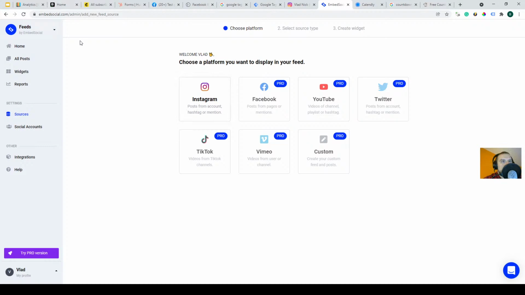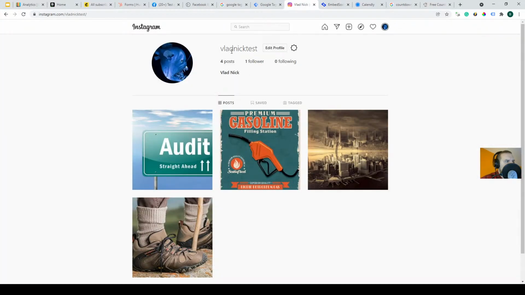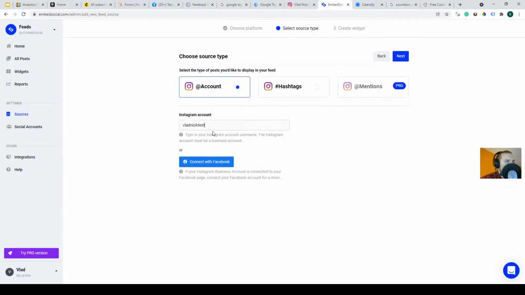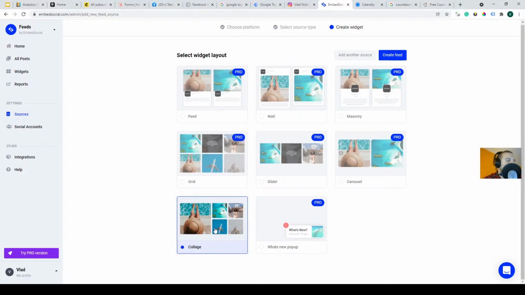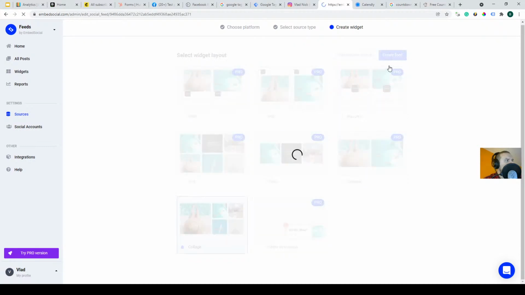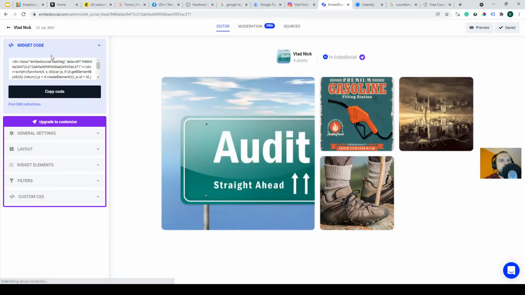So once you create an account with Embed Social, you'll be prompted to choose the platform you want to display in your feed. Let's go with Instagram. Then on the next stage, we need to enter our username from Instagram. Make sure you're adding the Instagram business account, otherwise it's not going to work. So let's click on next, and here we need to choose a layout. So let's choose this one,